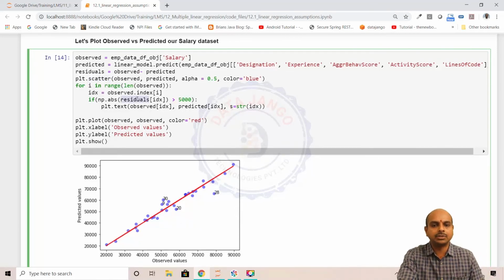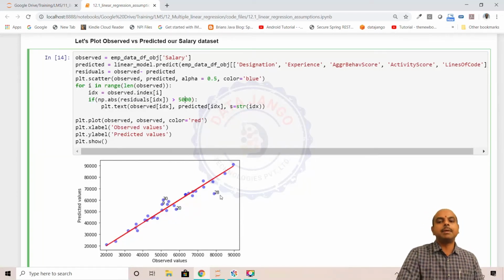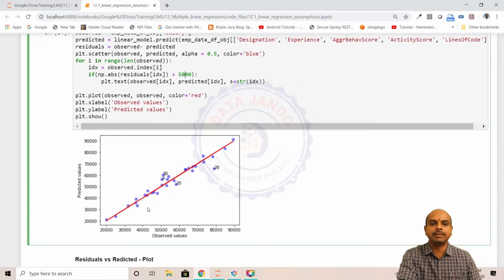Here we are also looking at the absolute value of the residual, the error. If it is greater than 5,000, we are showing the indexes. They may be outliers. If you look from the business point of view, if they are not satisfying the business rules, that means they may be outliers. So using the observed versus predicted value graph also, we can understand whether the data is linearly related or not,